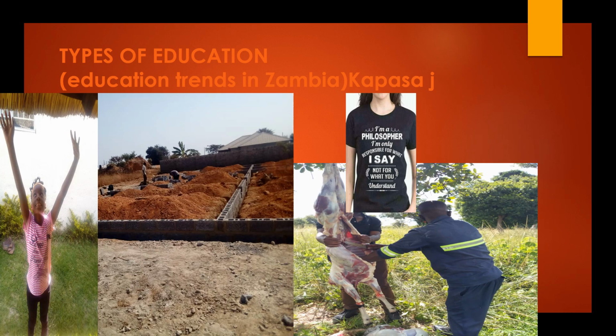Our interest is to look at the positive side of our traditional education: respect, cooperation, hard work, obedience, good manners, skills acquisition. Boys were being taught how to hunt. Hunting was meant to enable a man to feed the family.